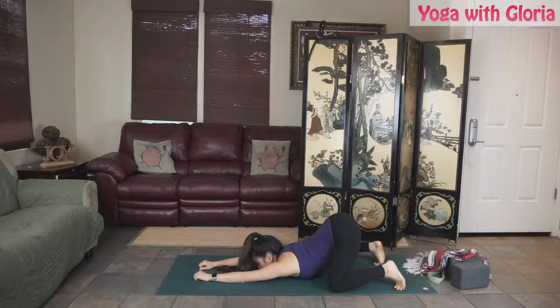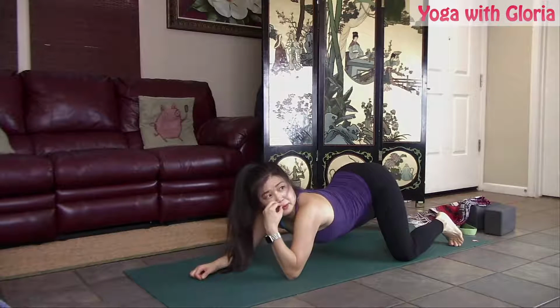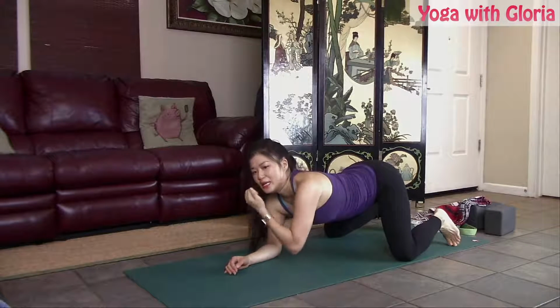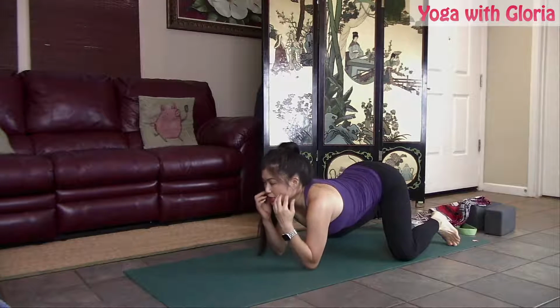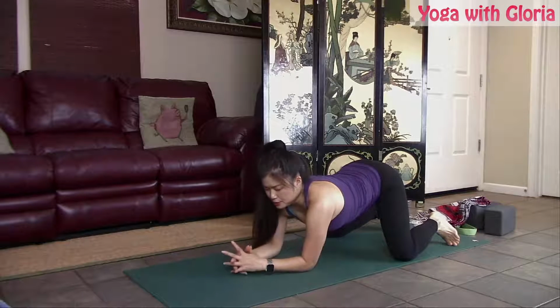If you're more flexible, you can do knees, chest, chin. Okay. And since today is strength, we are going to strengthen our shoulders, the strength and stability of our shoulders,